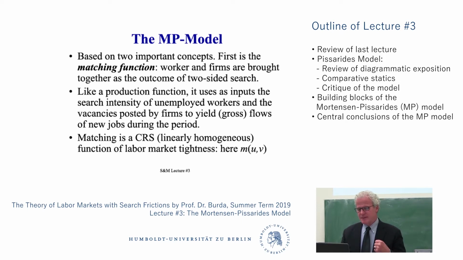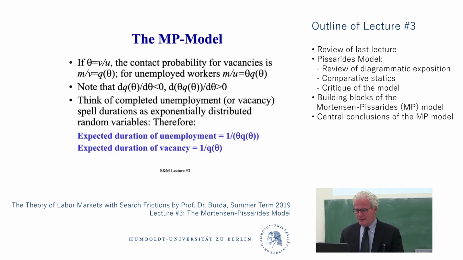Okay, so we have the same notion of a contact probability. The sufficient statistic for this contact probability will be theta, the labor market tightness measure. You learned already last week that if I tell you what the contact probability for firms is, given the stock of vacancies, then you can derive using theta the contact probability for workers. So there's this very important relationship, F equals theta times Q. Q is equal to F divided by theta. Again, this is supposed to summarize the same thing we talked about before.